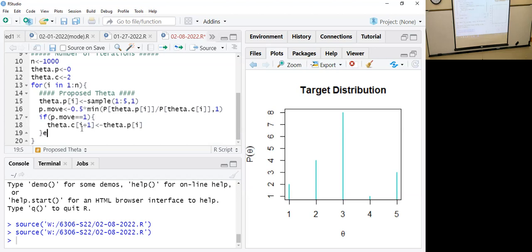Yes. Else, if. Should we do else or should we do else if? Why else if? Because there are 3 options. The other one is stay. So if P.move